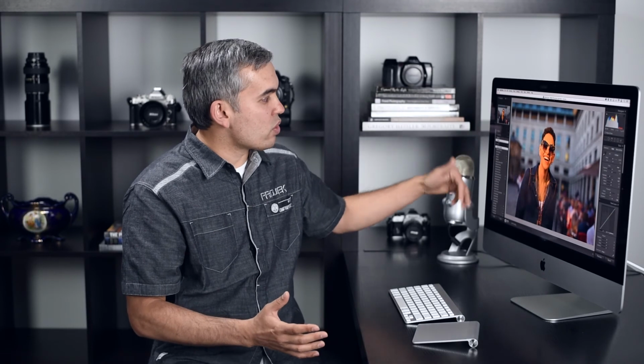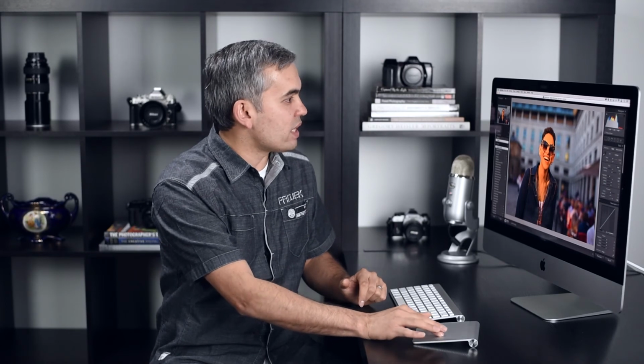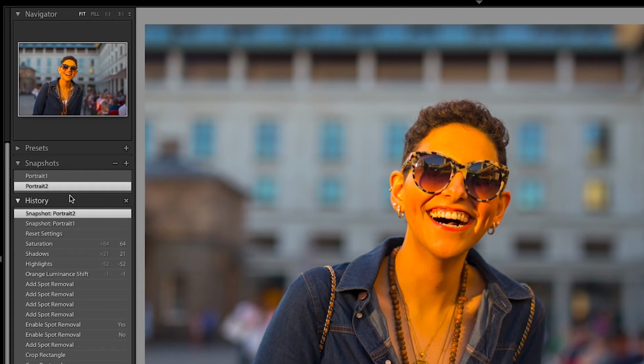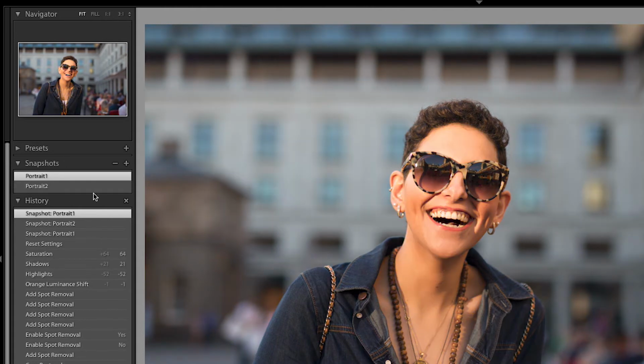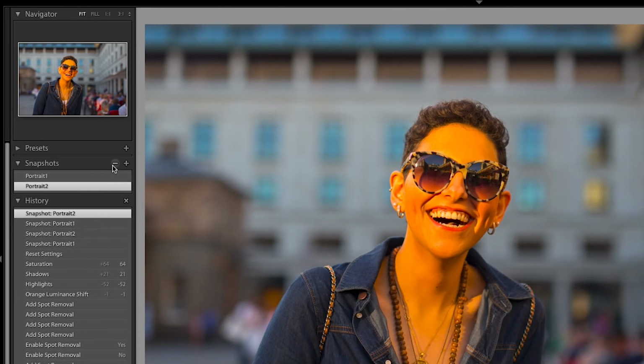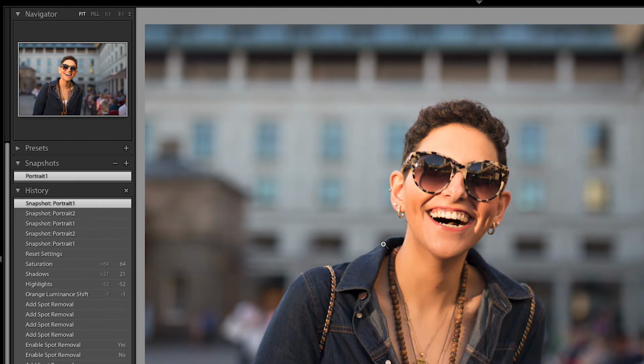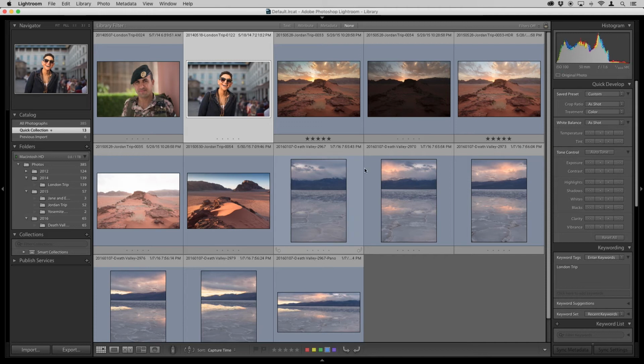So this is something that can be really useful if you're working with an image and you want to try different looks to an image and you do not want to mess with its history too much, and maybe you want to just do some comparisons. You could definitely try different edits and preserve them as snapshots. All right, so I'm going to go ahead and select the first one. And by the way, if you wanted to get rid of something crazy like this, all you have to do is hit minus and that snapshot is gone. So let's go ahead and go back to the grid.